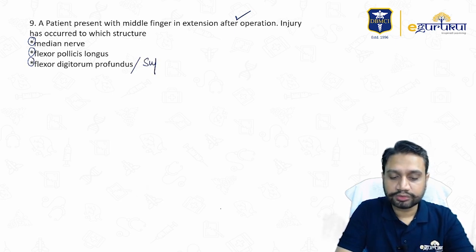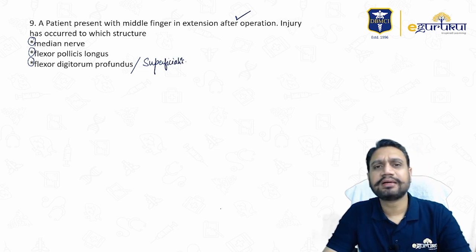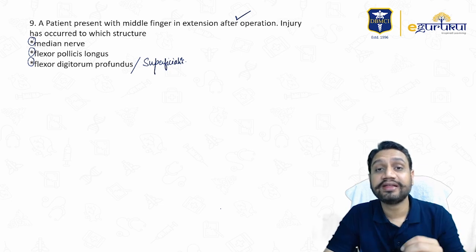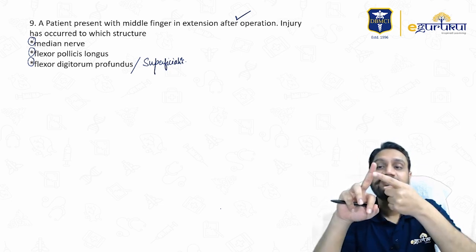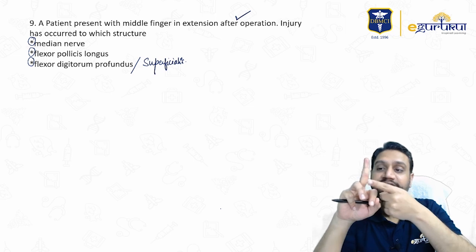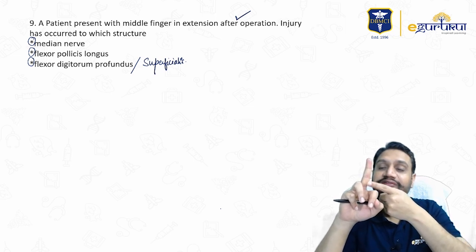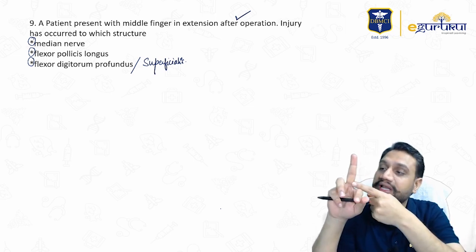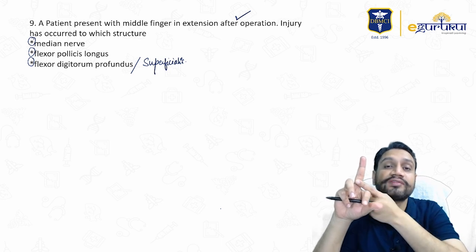So just to simplify things, if a particular tendon is injured, for example FDP or FDS, we know that the FDP will be flexing your large joint here. FDS will be flexing this joint. So if either of the two tendons is gone, only one of the flexion powers should be gone. Only one of the flexion properties should be gone.